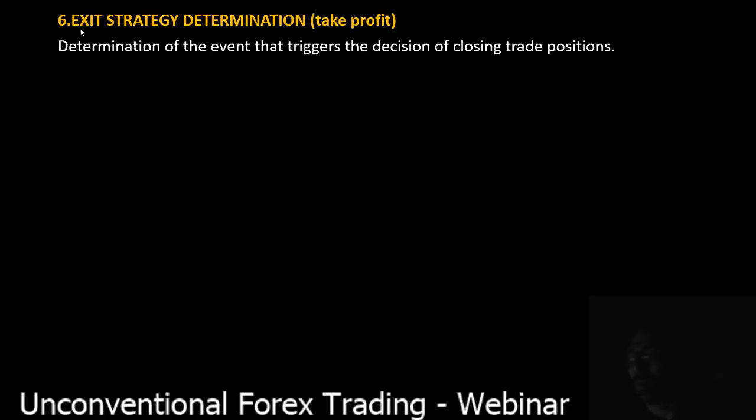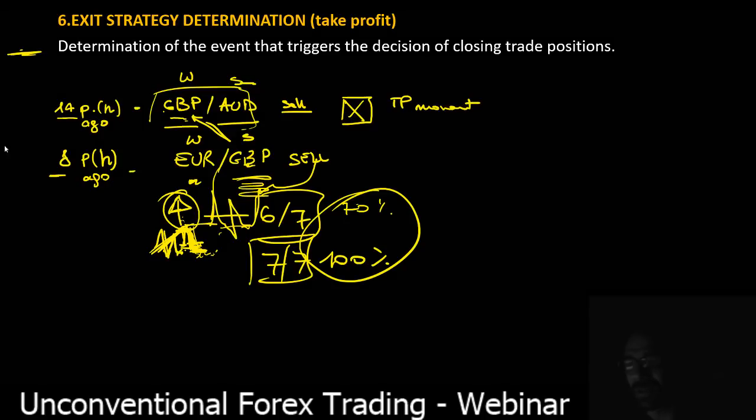So I also spoke somehow, without having the title, of the exit strategy. The example of this is my exit strategy. At the moment I see that GBP from weak becomes strong, this is my exit strategy of all the currency pairs that have GBP in them. So I close GBP Aussie because GBP is no longer weak. It's very simple.